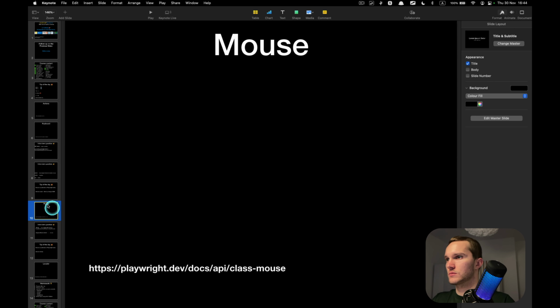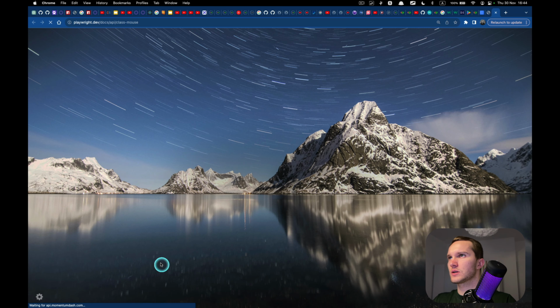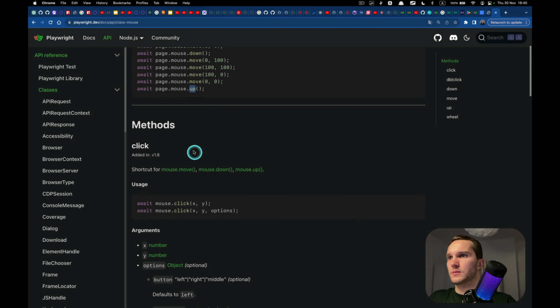Now mouse moves. We already saw click, double click, then click, right click. Okay, what do we have? Moving mouse is just to the left upper corner, 0 0. Then mouse down, meaning click on the mouse, normal click on the mouse. Then mouse move somewhere, then mouse move somewhere else, and then mouse up, releasing the mouse.